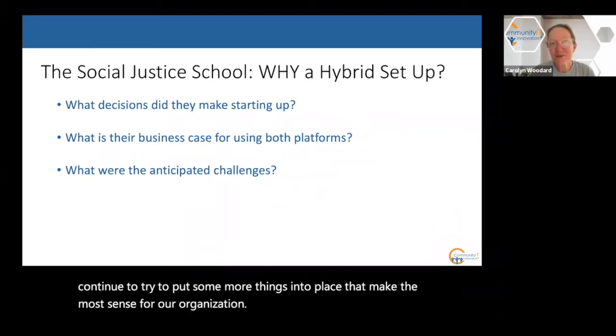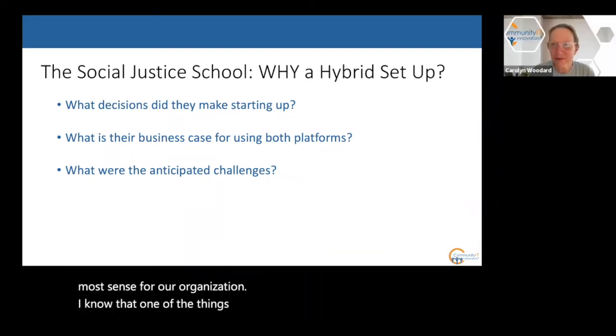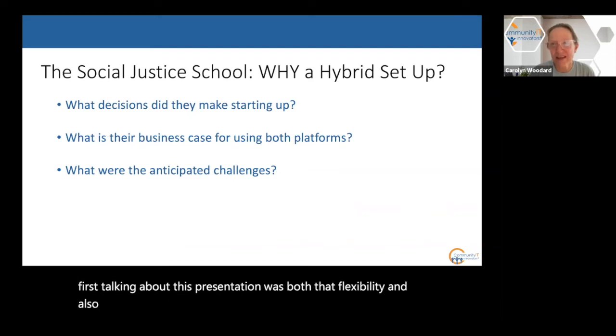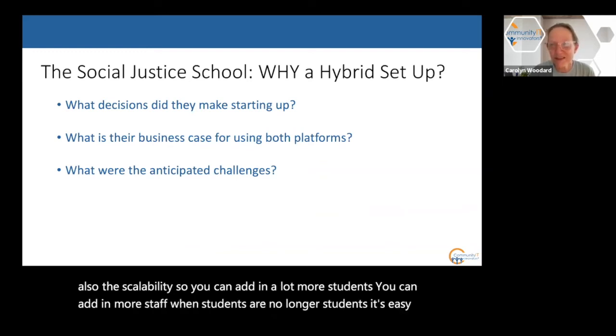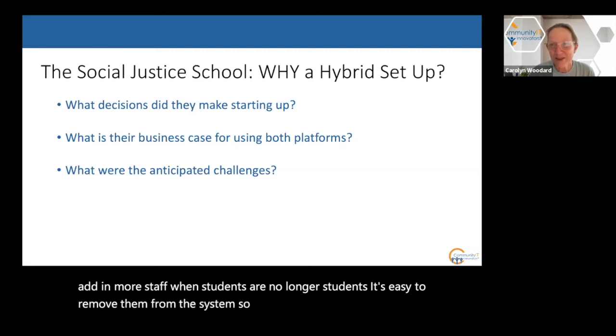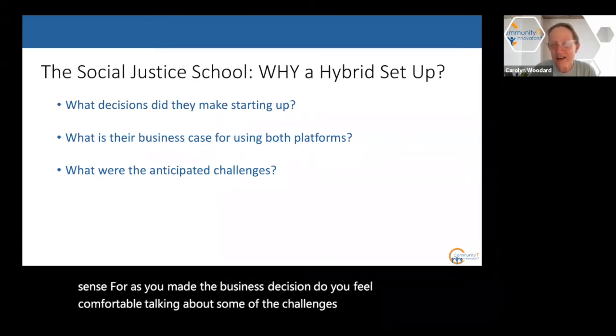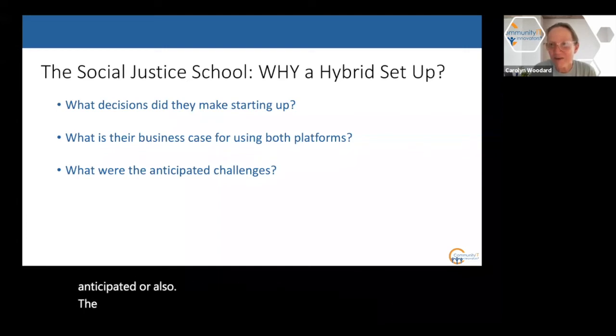Yeah, I know that one of the things Norwin talked about when we were first talking about this presentation was both that flexibility and also the scalability. So you can add in a lot more students, you can add in more staff. When students are no longer students, it's easy to remove them from the system. So I think that clearly made a lot of sense for you as you made the business decision. Do you feel comfortable talking about some of the challenges that you anticipated, or also the challenges that you are